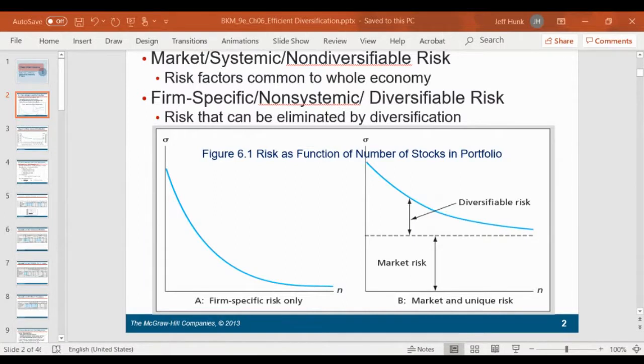Now, we're moving on to the new chapter, new topic, which is efficient diversification. Actually, this is not really a new topic. It's actually the continuation of return and risk, but now we're focusing more on the allocation between risky assets within the risky portfolio. Okay, in other words,